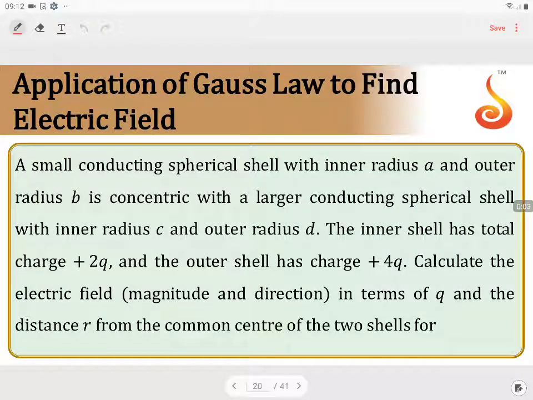A small conducting spherical shell with the inner radius A and the outer radius B is concentric with a larger conducting spherical shell with the inner radius C and the outer radius D. The inner shell has a total charge of plus 2q and the outer shell has a charge plus 4q. Calculate the electric field in terms of q and the distance r from the common center of the two shells